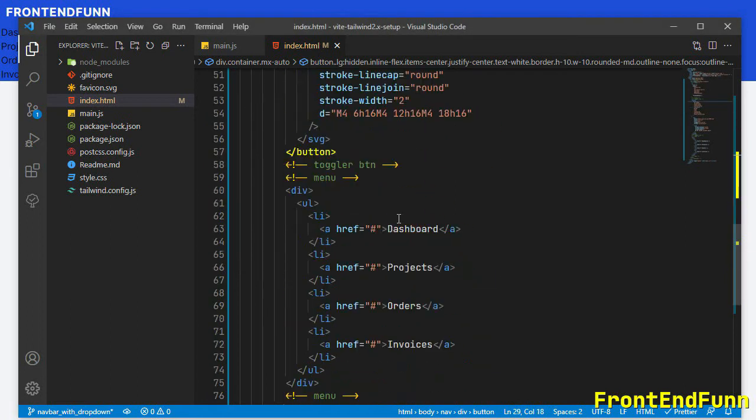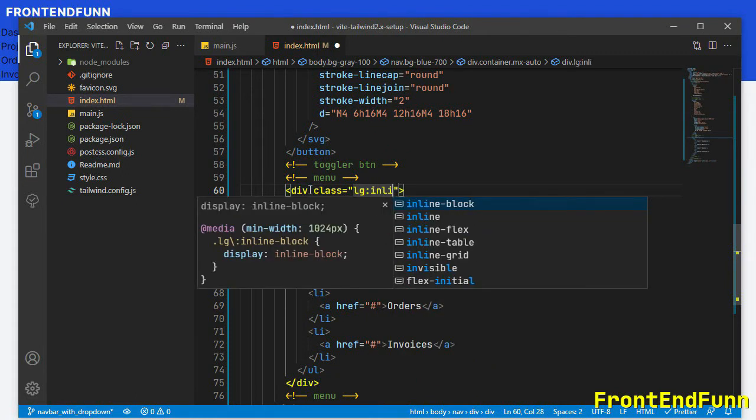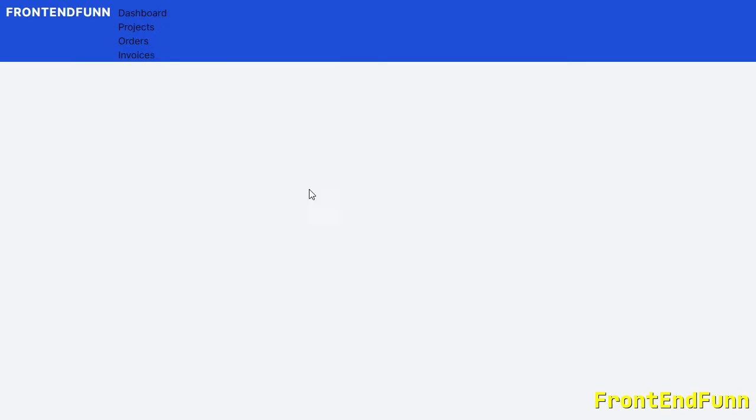Now let's work on the menu items here. First let's make it inline-flex so that it sits next to the brand here. And we don't want the UL elements to be vertically aligned.